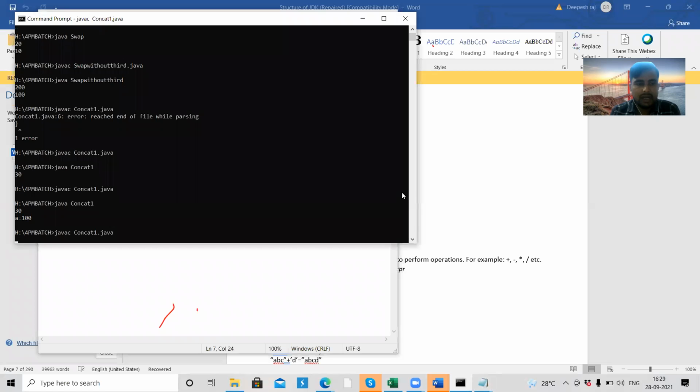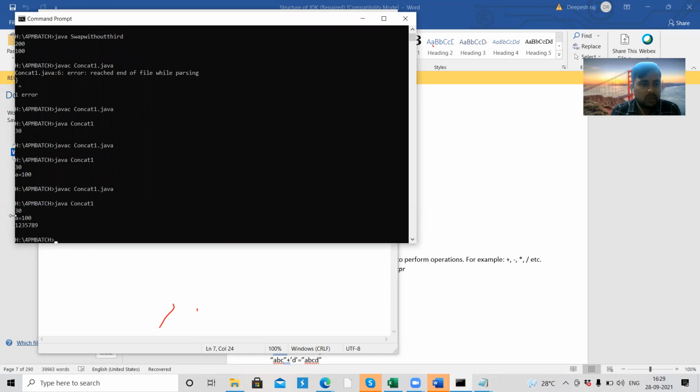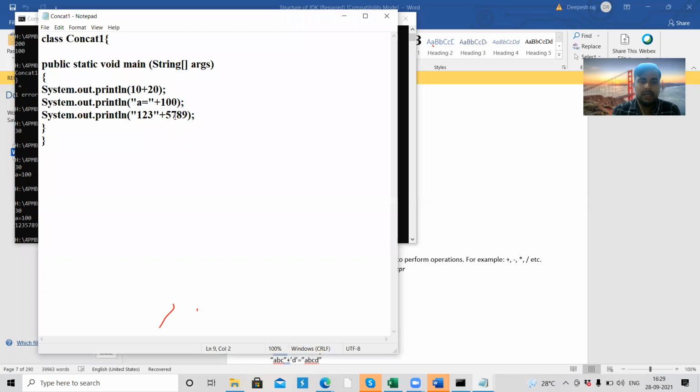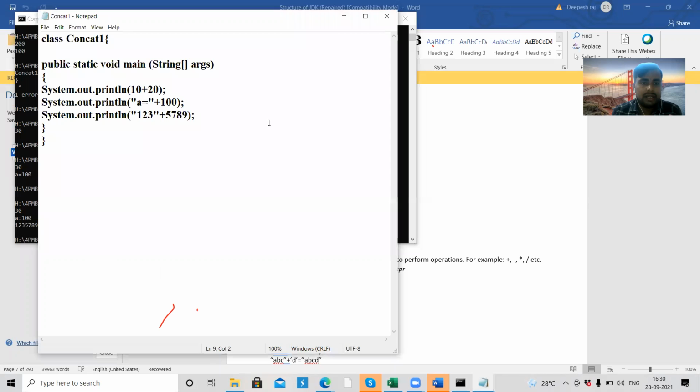If I compile and run it again, see what we are getting: 1, 2, 3, 5, 7, 8, 9. It is not adding, just concatenating the number with the string value. This way we are going to perform concatenation.